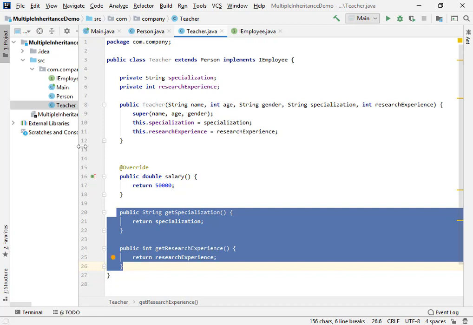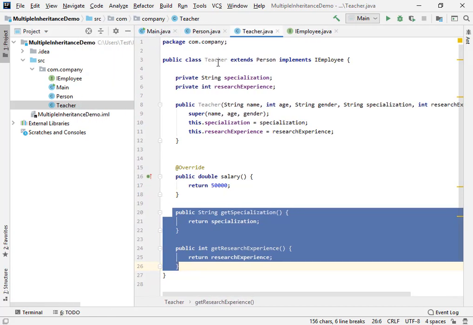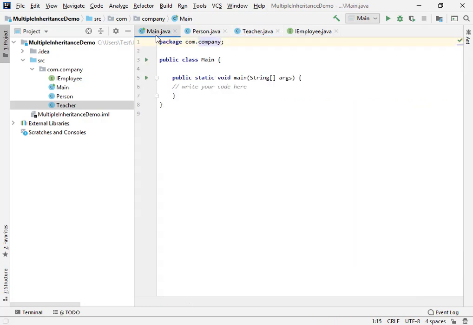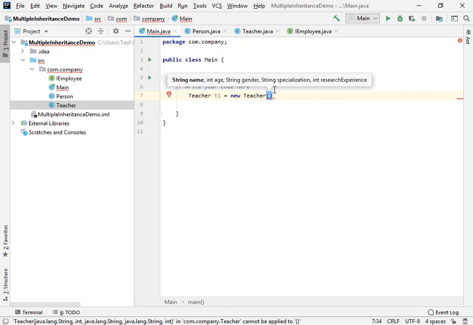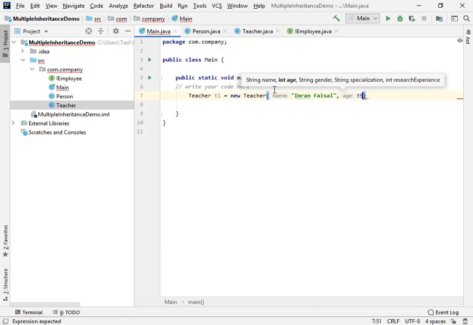So now what we're gonna do is we're gonna use the object of this class inside the main class. Okay, so inside the main function I'm gonna make the teacher class object. Alright, so now first of all I'm gonna pass the teacher name, then teacher age.